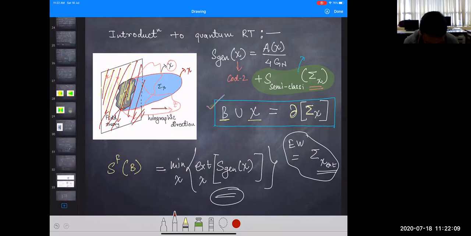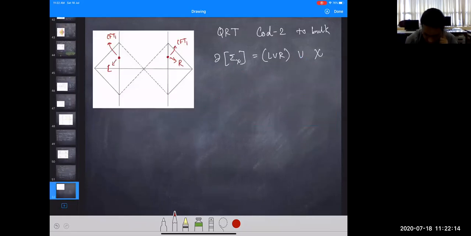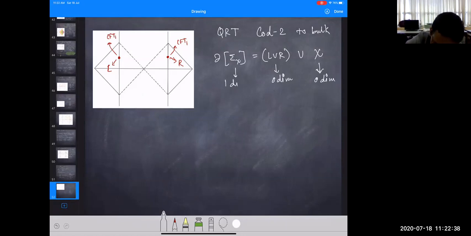Okay, so I'm going to claim something and then I'm going to justify it. So here L union R is a zero-dimensional system, right? These are just two dots, so it's a zero-dimensional system. The entanglement wedge, so this is also a zero-dimensional surface, right? So L union R is also zero-dimensional. Chi is also zero-dimensional. So the entanglement wedge is one-dimensional. What does that mean? So let's consider